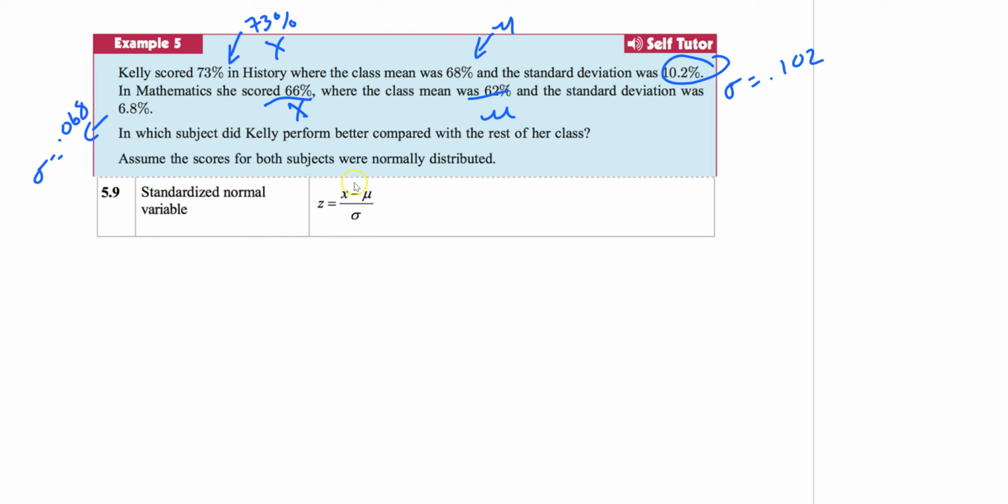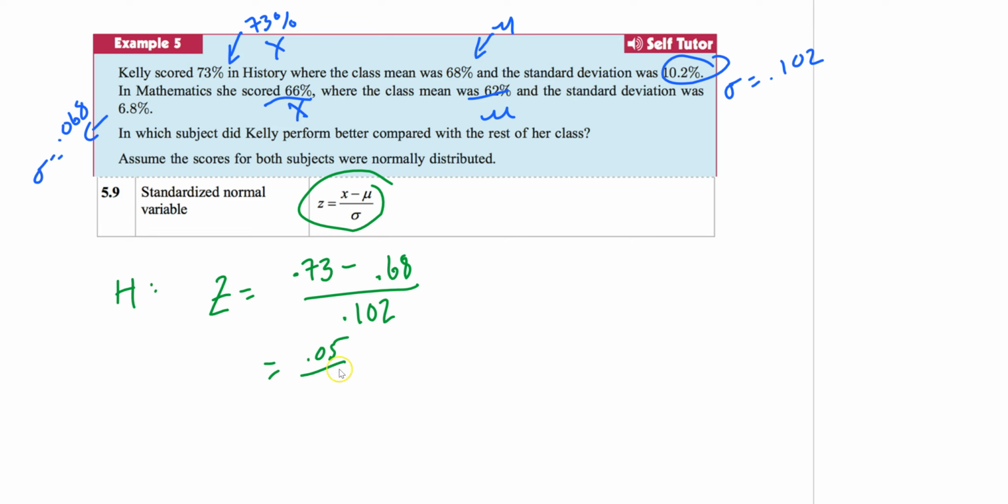So the best way to do that is we're going to plug both of these into the z-score formula and see what z-score we get. So let's do history first. In history, looking for the z-score, we have our x, she had 73, so let's put points. I'll put 0.73. I could have gotten a full number, but let's be rebels. Then minus the mean, so 0.68. Really would have just been easier if I just used full numbers, but whatever. I'm living. And then divided by the standard deviation, 0.102. Put that into my calculator, and I get 0.05 over 0.102, which works out to be about